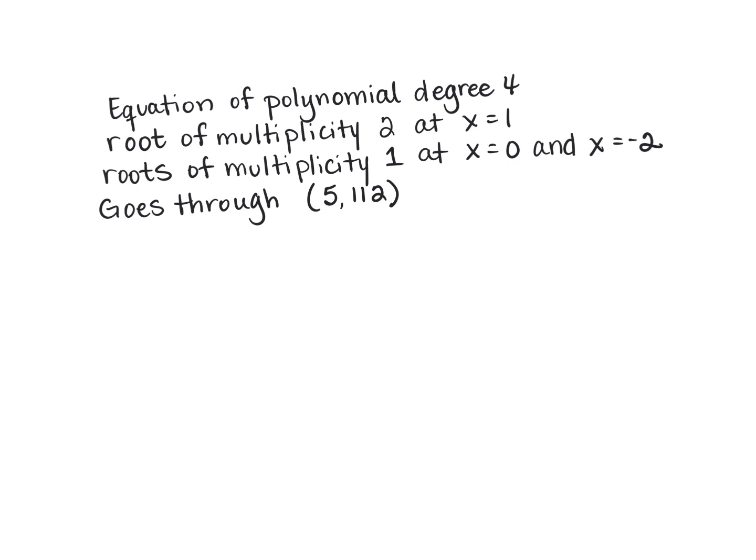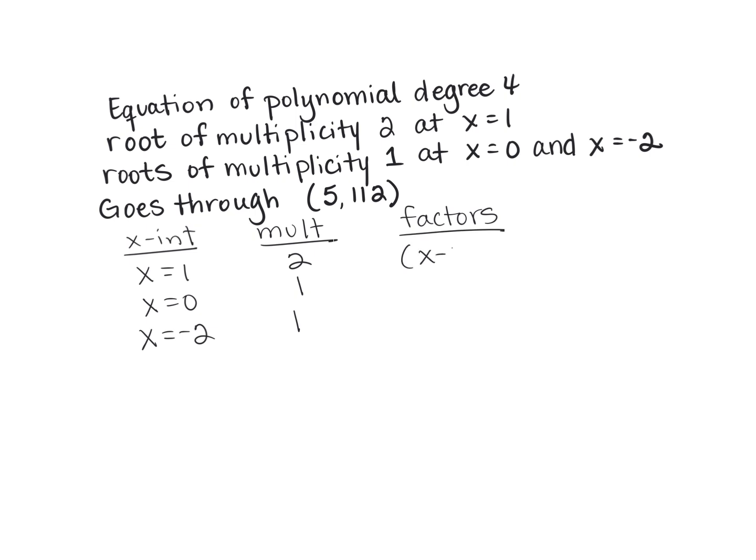You have an equation of degree 4. You have roots of multiplicity 2 at x equals 1. So I'm going to have my x-intercepts. X equals 1, and it has a multiplicity, I'm going to abbreviate, multiplicity of 2. And then we have roots of multiplicity 1 at x equals 0 and at x equals negative 2. So my factors then that I come up with are x minus 1 quantity squared. Again, x minus 0 we just write as x, so that's x to the first power this time. And then when we move negative 2 over, you have x plus 2, and again, it has an exponent of